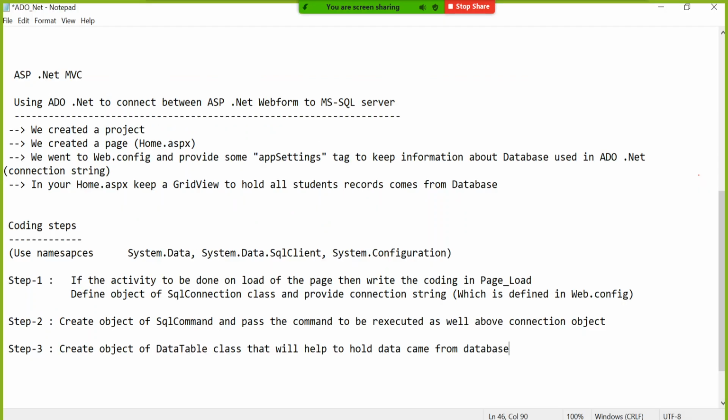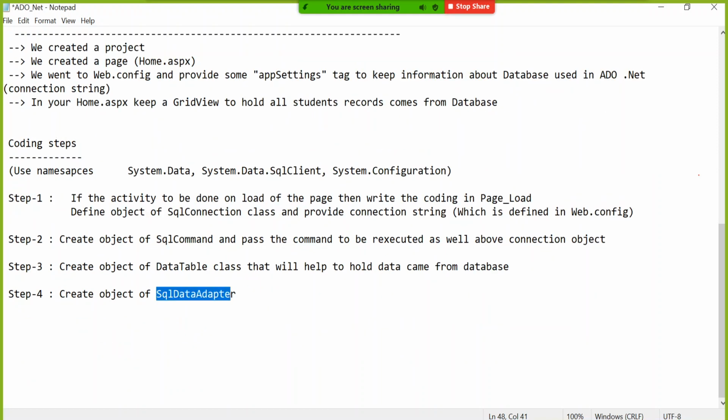Now step number 4. Create object of SQL data adapter. I will tell you what this does. SQL data adapter is the class which is responsible for establishing the connection between front end and back end.